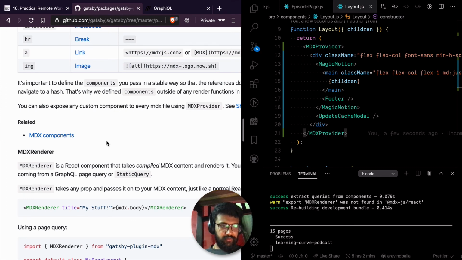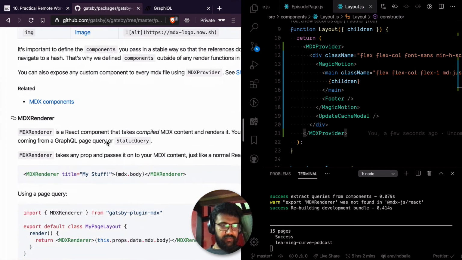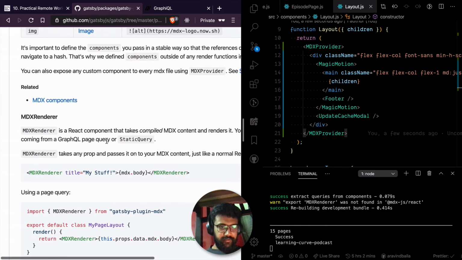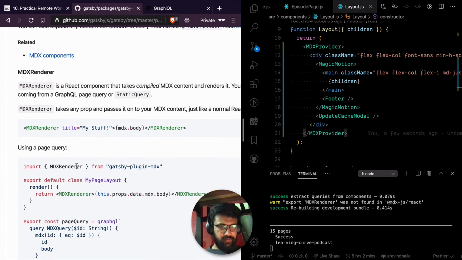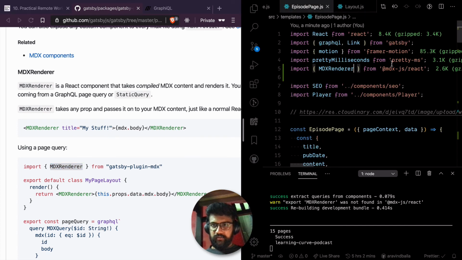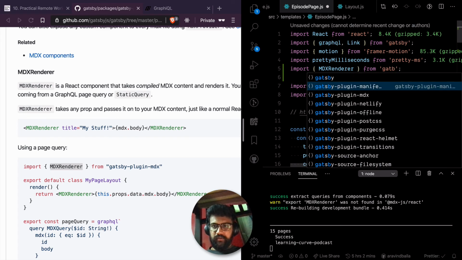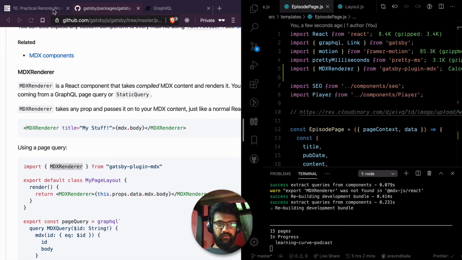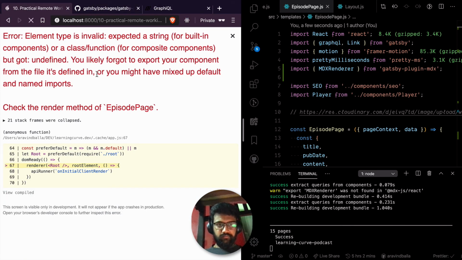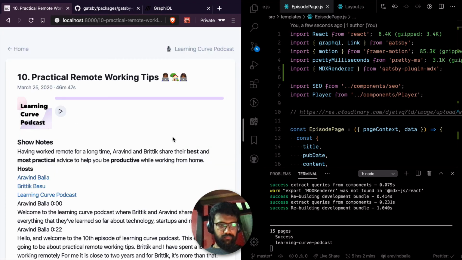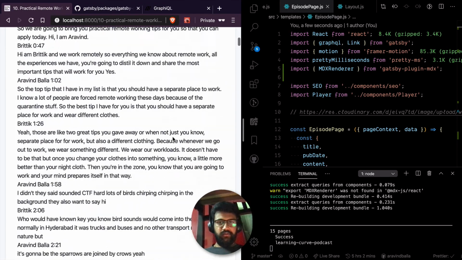Is that the issue? I think MDX renderer, you take it from another source. Gatsby plugin-mdx. Yeah, Gatsby plugin-mdx. Cool, it works now.